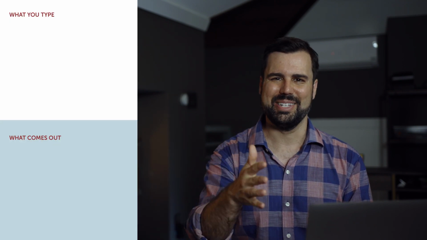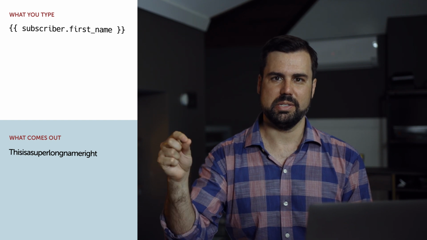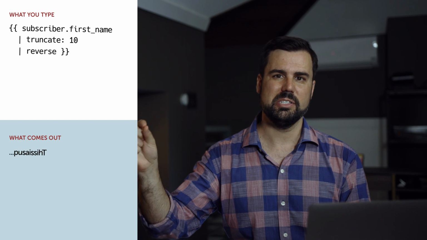filter. So now we're going to be left with, not that you'd ever have a first name with more than 10 characters, but in the event you did, a first name that's cut off after showing 10 characters. You can also chain filters. So let's say you want to truncate it and then reverse it. I don't know why you would, but you would do subscriber.firstname space pipe space truncate colon 10 space pipe space